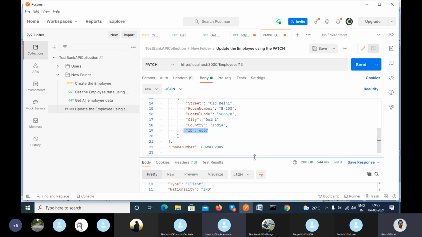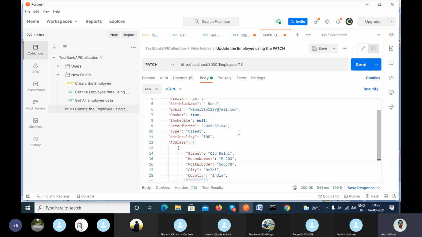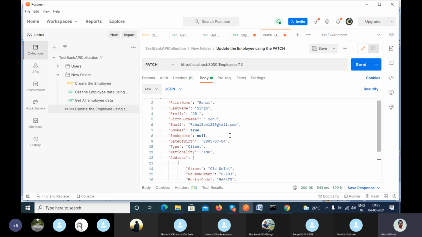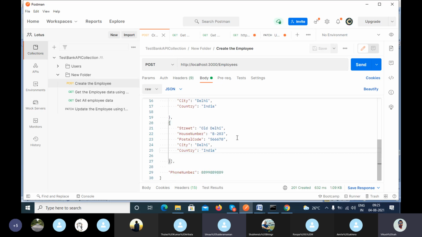Ma'am, the simple concept: you tell me which data you want to update in this patch method, what data I have to put, what data I have to remove, and how to create the scenario. I can understand the others because it's a simple update. But when you have told us about having an array,